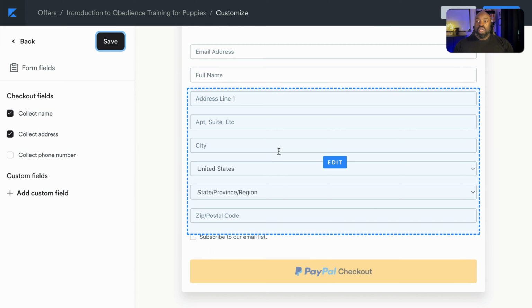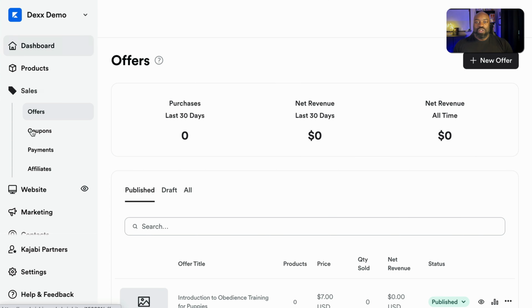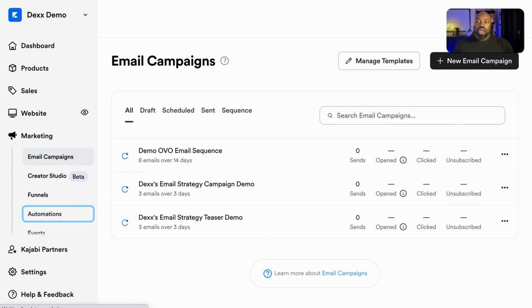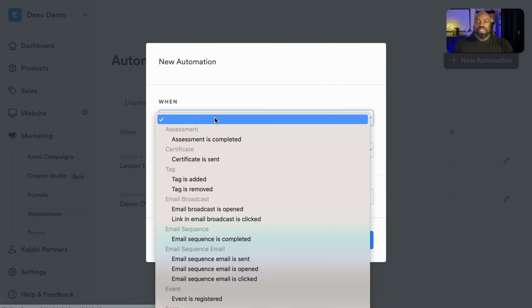By doing this, you would now have the ability, if we go back to the automations, what you could do is now, if someone was to purchase an offer, let's say again, they pick that purchase, revoke that offer access if the customer's